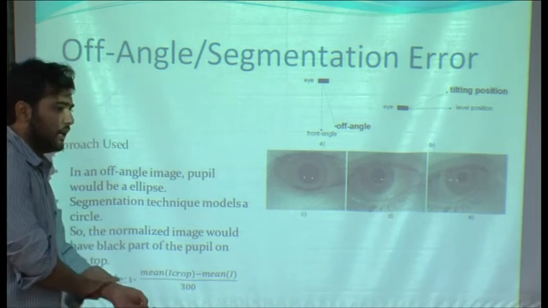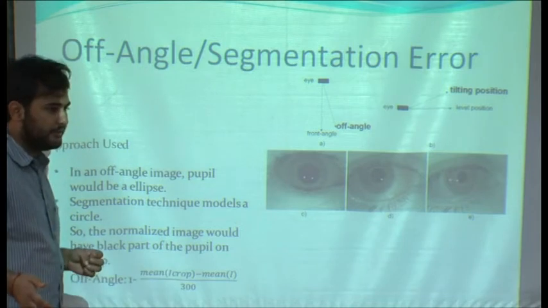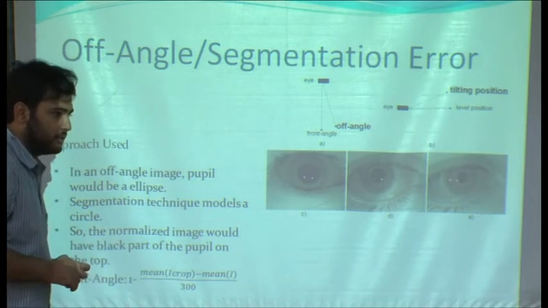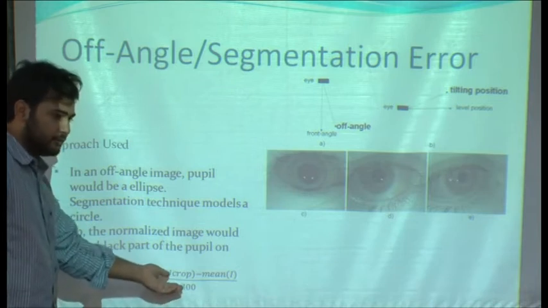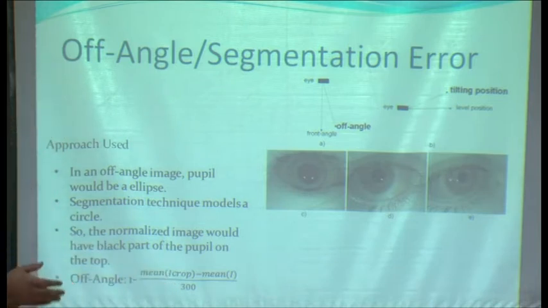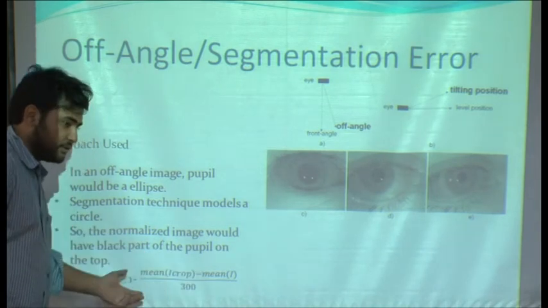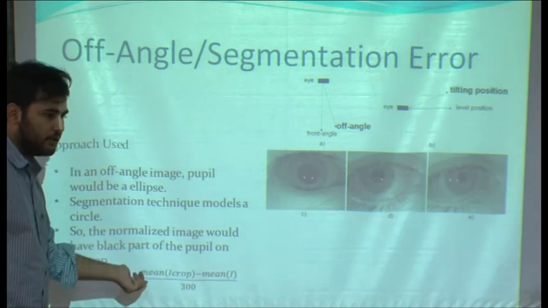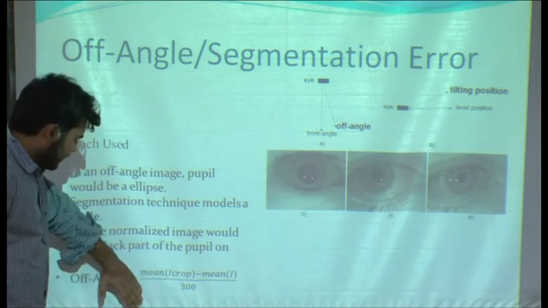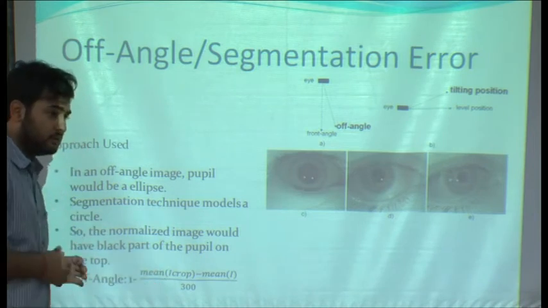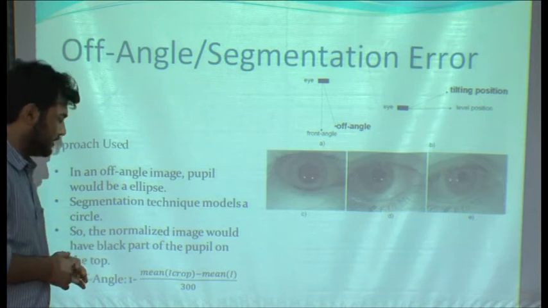300 is its maximum value. When I tested for the LAM database, this was the maximum value that I was looking at, roughly, approximately. It is the mean of one image minus the mean of another image. When this was smaller, it was going above one, which I did not want it to be. What is the maximum value of the mean?